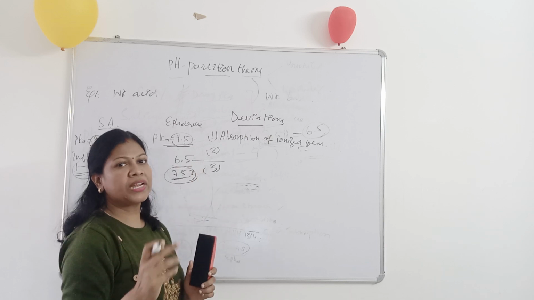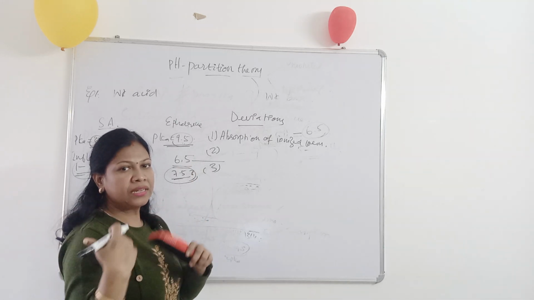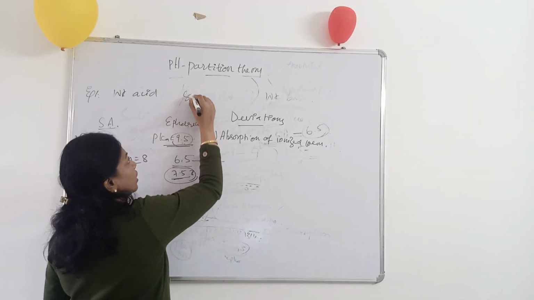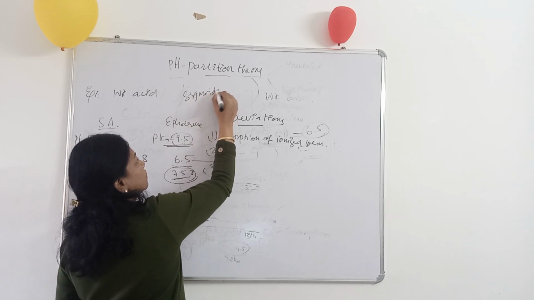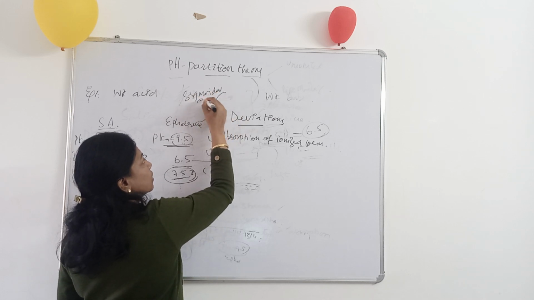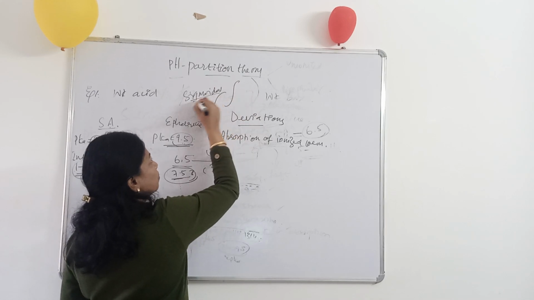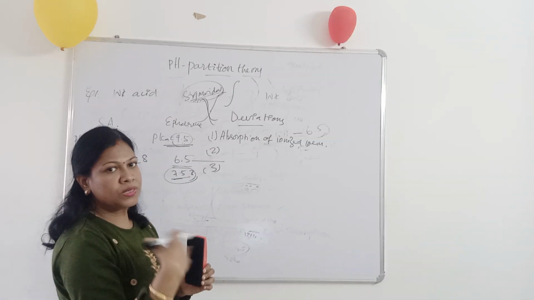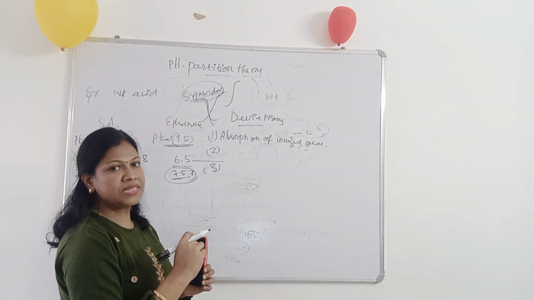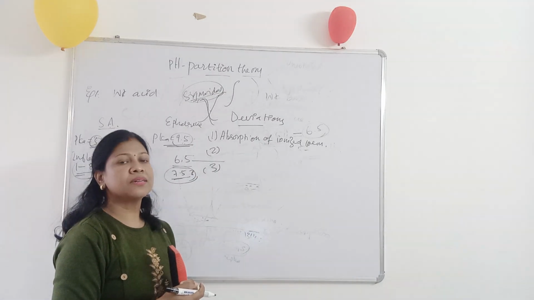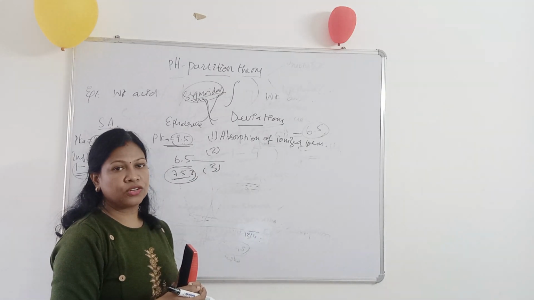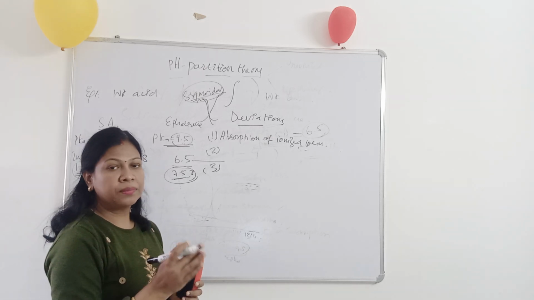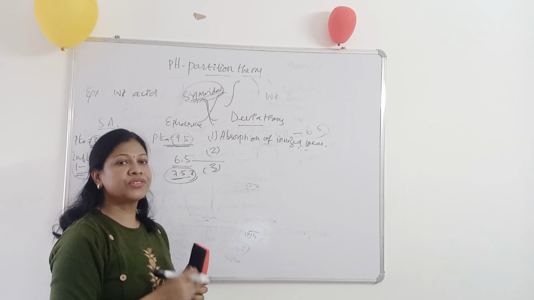The curve generally obtained between the pH and the rate of absorption is sigmoidal in shape, which is S-shaped. Just as we have shown the S-shaped curve, this curve is known as sigmoidal in shape. The sigmoidal shape has been shifted towards the right for the weak acid and left for the weak base. One reason is that absorption can also take place for the ionized form of the drug. We just explained that only the unionized form absorbs, but actually some of the ionized forms of drugs